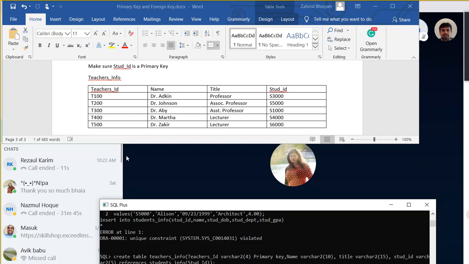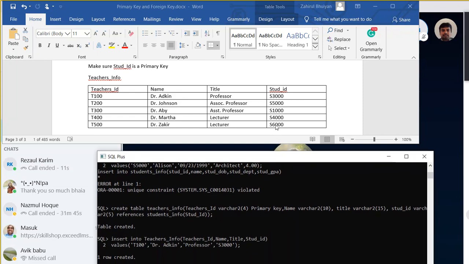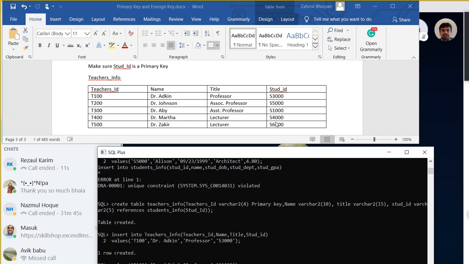And what is the student ID? It is S3000, right? So one row inserted. Okay. Then you come to this next one,